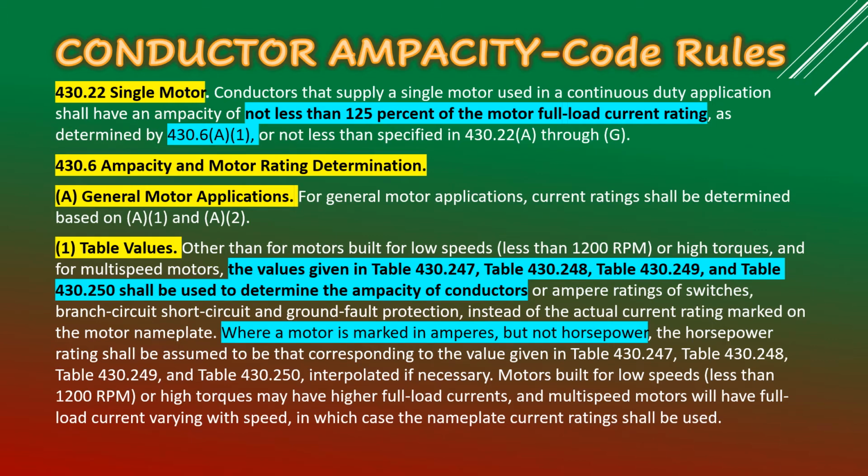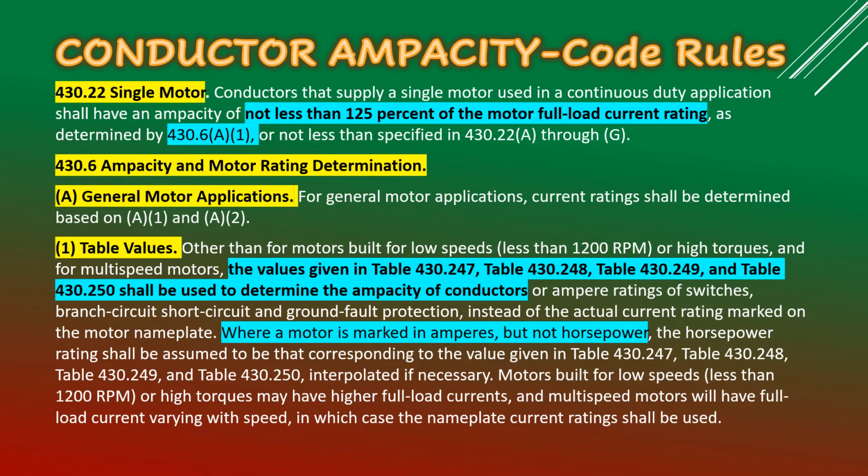Other than for motors built for low speeds, less than 1200 RPM, or high torques, and for multi-speed motors, the values given in 430.247, table 430.248, table 430.249, and table 430.250 shall be used to determine the ampacity of conductors, or ampere rating of switches, branch circuit, short circuit, and ground fault protection, instead of the actual current rating marked